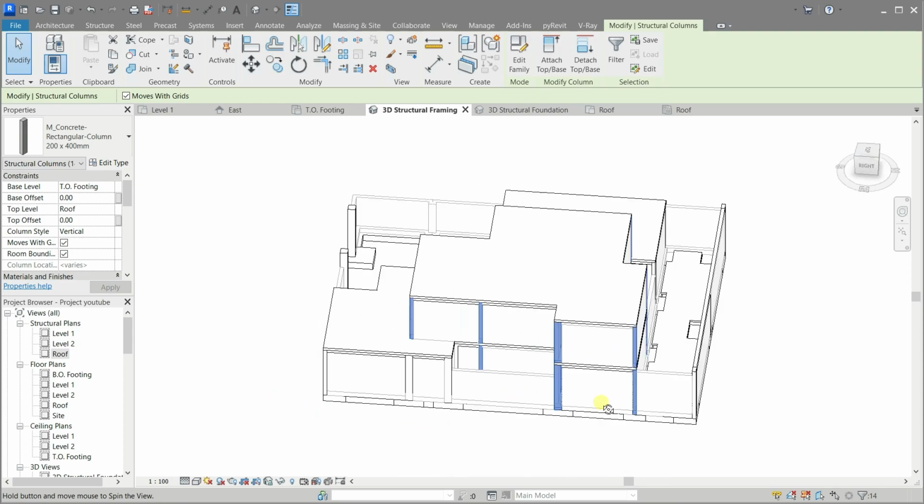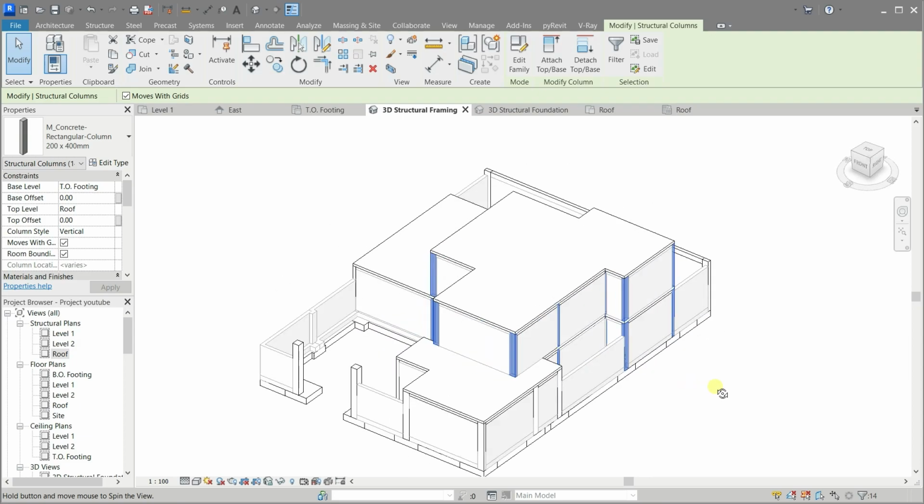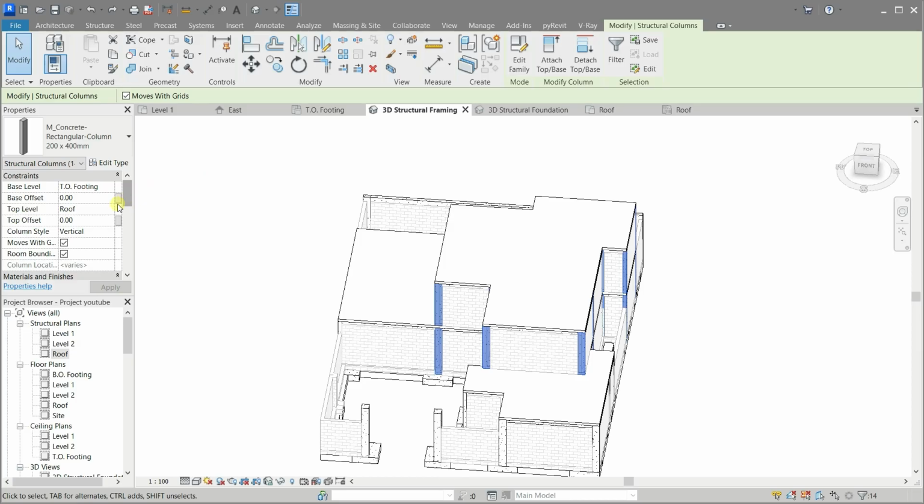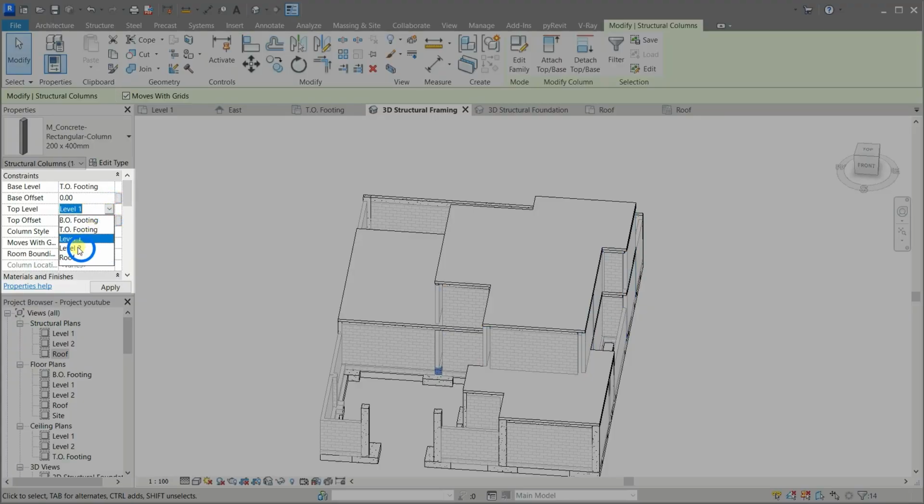Yes, these are the ones we need to adjust. In the Properties area, change their top level to level 2.